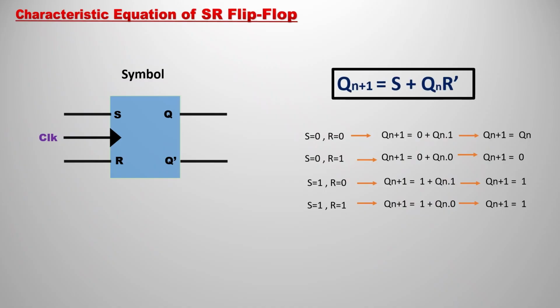So that is the final output expression: Qn plus 1 equals S plus Qn R bar. If you want more clarification, you can also put in the values. When S equals 0 and R equals 0, you can get the output. If you put both as 0 in the first case, that is the basic case, you are going to obtain Qn, the same thing. We already know the truth table of the SR flip-flop, so we should get the same thing, that is Qn. The remaining things you can check like that, that is 0 1 1. Basically the last case is a forbidden or invalid state, but in this case we are getting 1. It's no problem because it can be anything, 0 or 1, but we are getting 1, no problem.